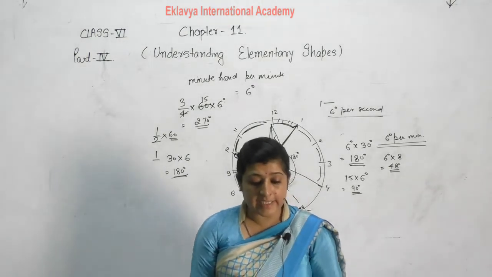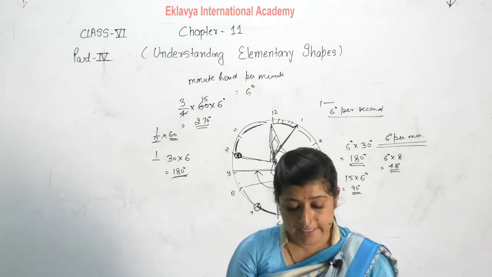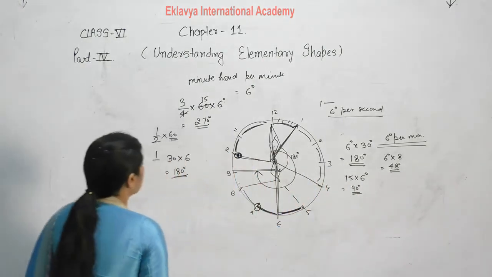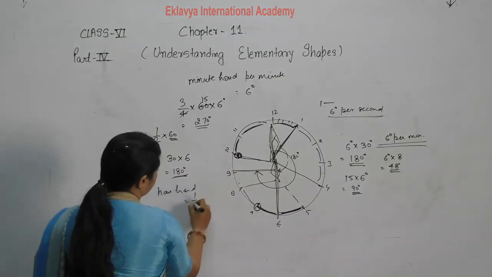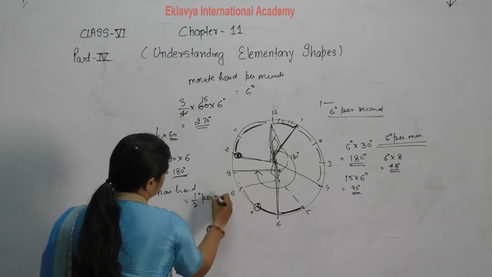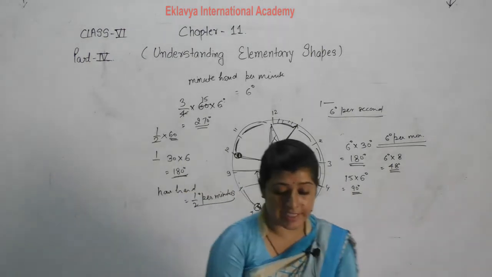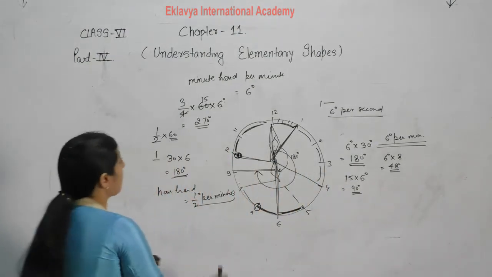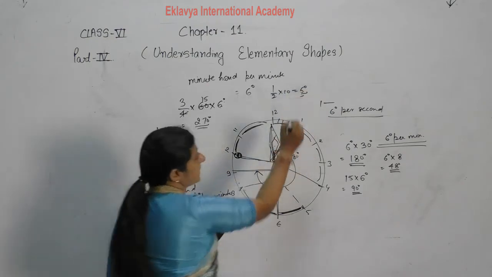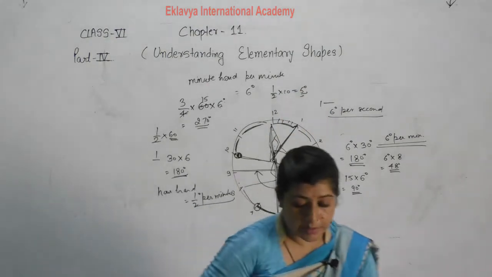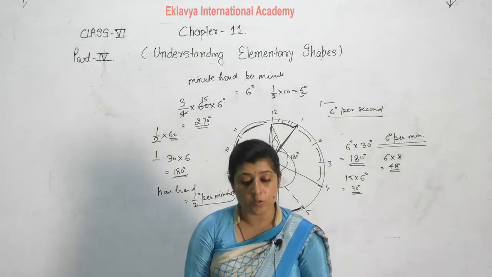Through how many degrees does the hour hand of a clock turn in... How many degrees does the hour hand... Hour hand will make half degree per minute. So according to this, solve your question. In 1 minute half degree. In 10 minutes, half into 10, that is equal to 5 degree. Similarly, in 30 minutes, half into 30, that is equal to 15 degree. This type we will solve.